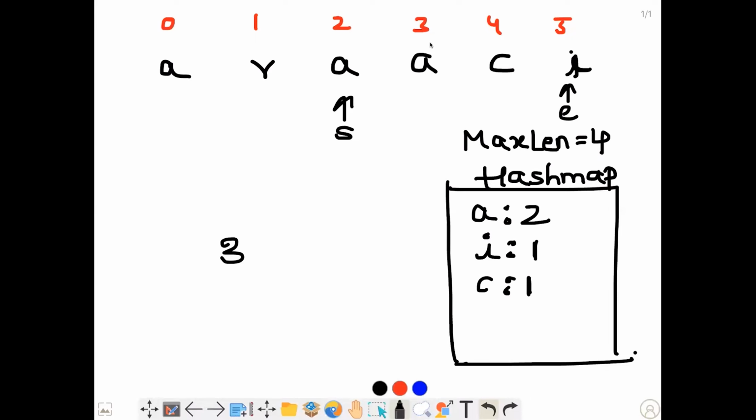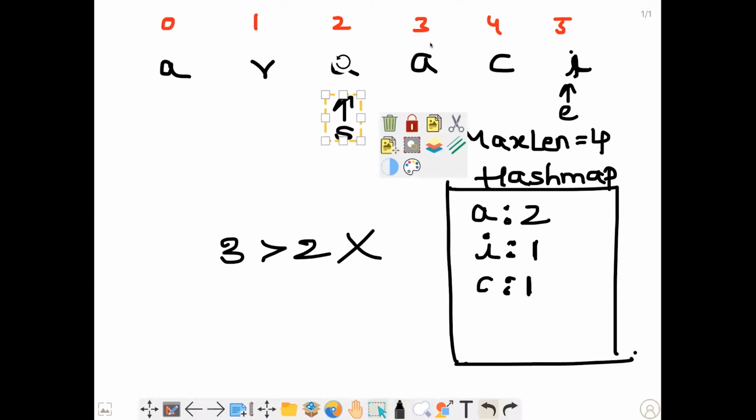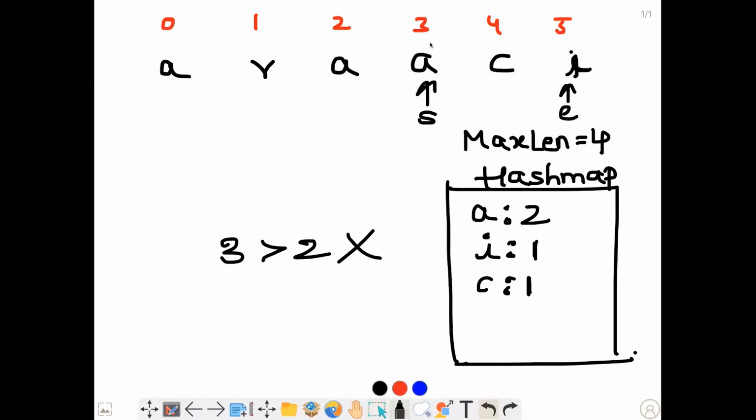3 is greater than 2. So our condition failed. Now we try to shrink our window. We move the S pointer by 1 position and we decrement the frequency of A in our hash map. A's frequency becomes 1. Still the length of the hash map is 3. So again we try to shrink our